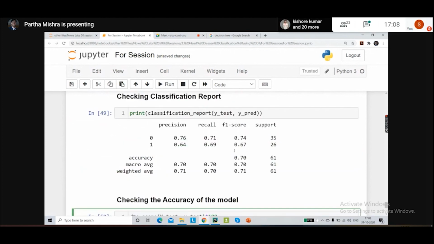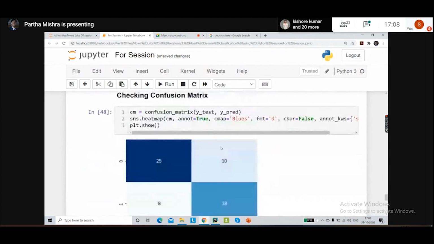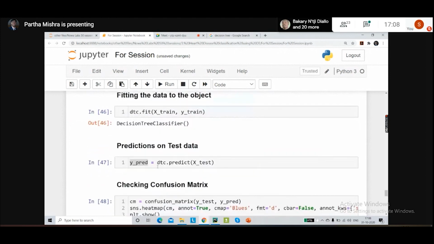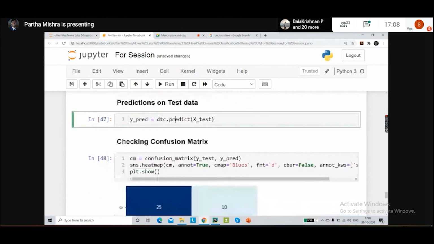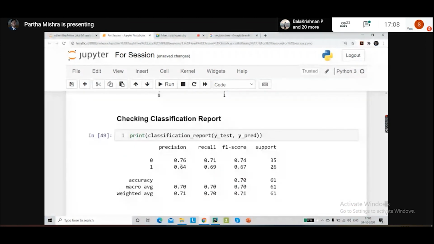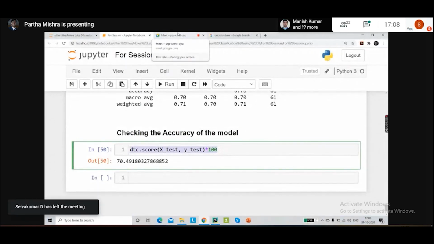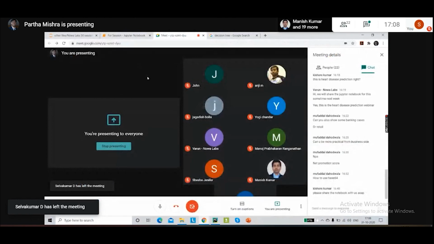Let's say instead of calculating the confusion matrix and the classification report, you're in a hurry and you just want to figure out the exact percentage this model is giving. After the prediction y pred step, you can simply run this line of code and you can see the score. So this is what I had for you today.